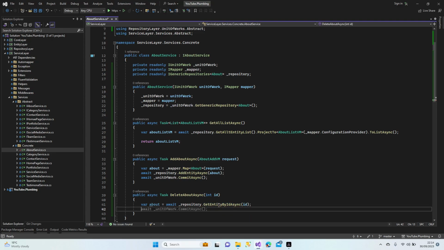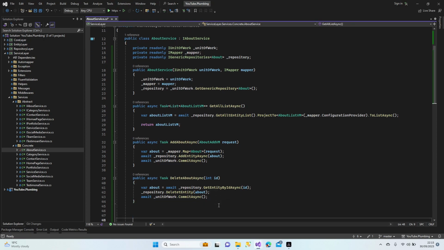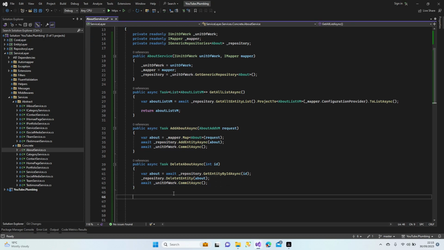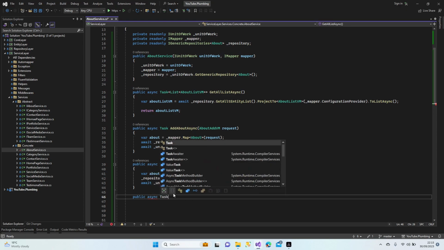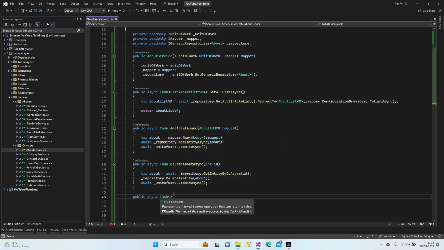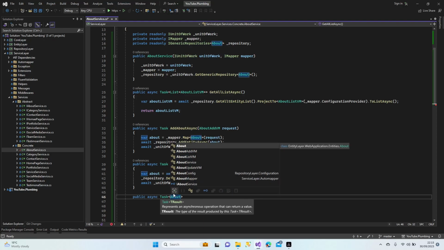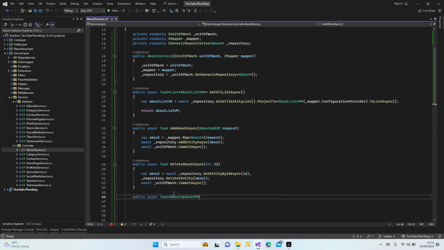all done. Now unit of work, no, repository, delete entity about, await unit of work commit async, all done. Let's continue with the selecting method for update. So our return model is going to be about update remodel